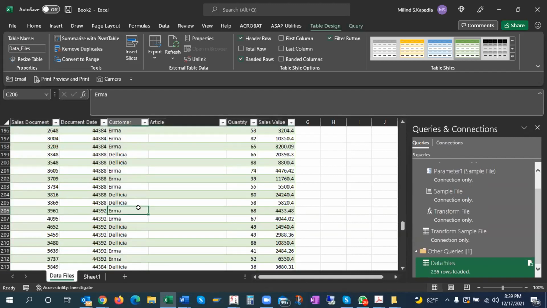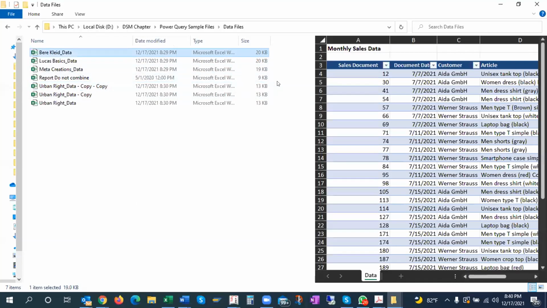Nilanjan, yes. I have a doubt. If in that file, in that workbook, there is more than one sheet, all of them are supposed to be in table form, in the same column-wise format, then only it will pick, or no? It is not the same column. If you see sales, document date, customer, article, you are having only one sheet. If there are multiple sheets in that file, oh okay, multiple sheets. For multiple sheets, you have to go with a blank query. So in this format, each file is supposed to have only one sheet. Yes.